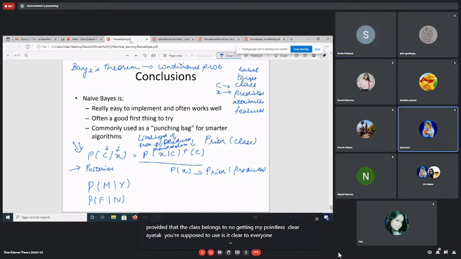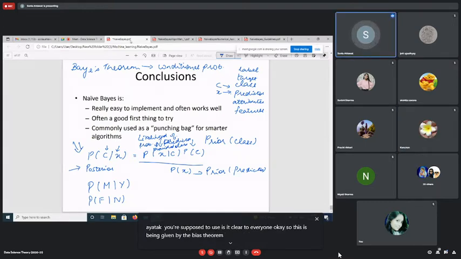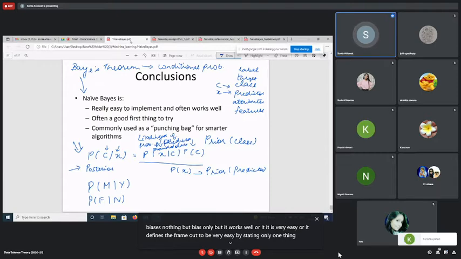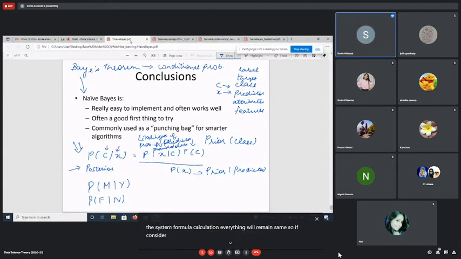Yes, ma'am. Okay. So this is being given by the Bayes theorem. Now, what is naive Bayes? Naive Bayes is nothing but Bayes only. But it works well, or it is very easy, or it defines the framework to be very easy by stating only one thing into the system. Formula, calculation, everything will remain the same. सिर्फ एक ही चीज को वो consider करके चलता है. That is naive Bayes. It uses an assumption